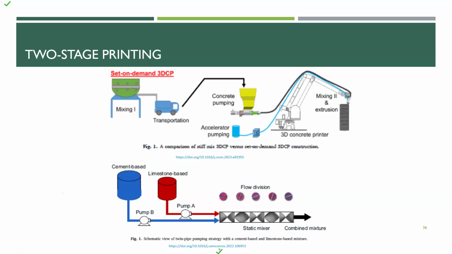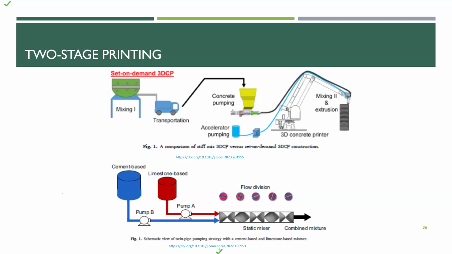In this approach, we don't have to prepare a very hard or very stiff mix which has specific qualities. We can just prepare a mix which is very flowable and doesn't harden very quickly. But when we apply the accelerator at the time of extrusion, with the reaction with the accelerator, it will harden very quickly. So this is one approach which people follow. Instead of an accelerator, I have a few other slides in which I will show what technologies are generally used. But the basic concept of two-stage printing is that we